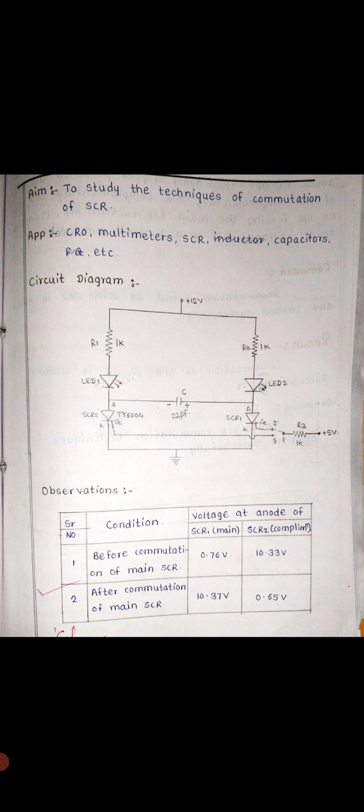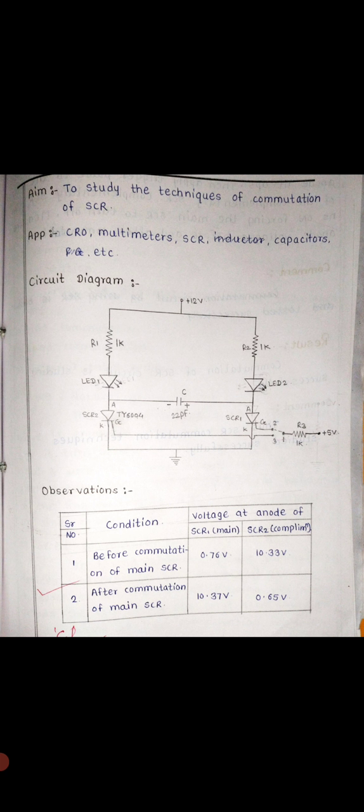In forced commutation, commutating devices like the capacitor and inductor are used to force the current flowing through a negative voltage across the conducting SCR, so it gets turned off. Its name is load commutation, because this commutation device acts as the load to the conducting SCR.